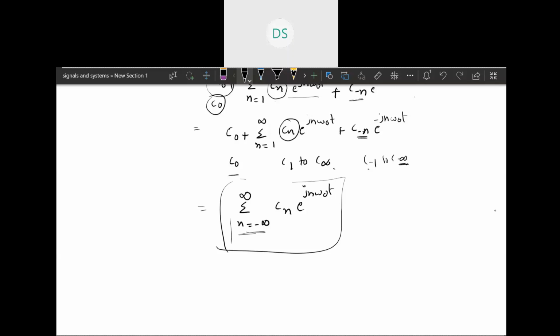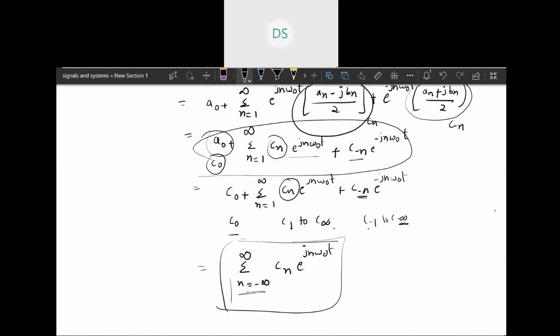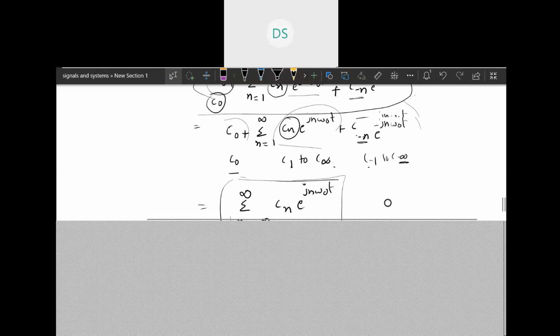Previously n is only one sided, it is only for the positive side, it is only varying from 0 to infinite, but here it is varying from minus infinity to plus infinity. Okay, it is both sided. Okay, and it will be n is equal to minus infinity to infinity cn e power jn omega naught t. The above term and this term are same, you can compare. Okay, when n is 0 it will be c0. Okay, when n is equal to 1 to infinity this term will come. When n is changing from minus infinity to minus 1 the second term will come. Okay, so like this this exponential Fourier series will come.